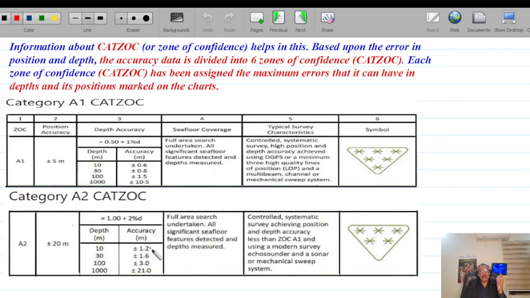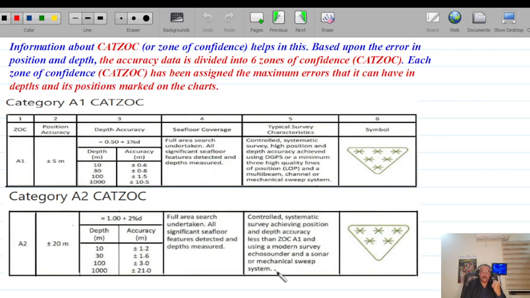The position accuracy and of course the depth, I mean to say. Now the modus operandi of this, like how it is performed: full area search undertaken, all the significant seafloor features detected and depth measured. However, the typical survey characteristics are: the controlled systematic survey achieves position and depth accuracy less than CATZOC A1, which has already been narrated, and using a modern survey echo sounder and a sonar or a mechanical sweep